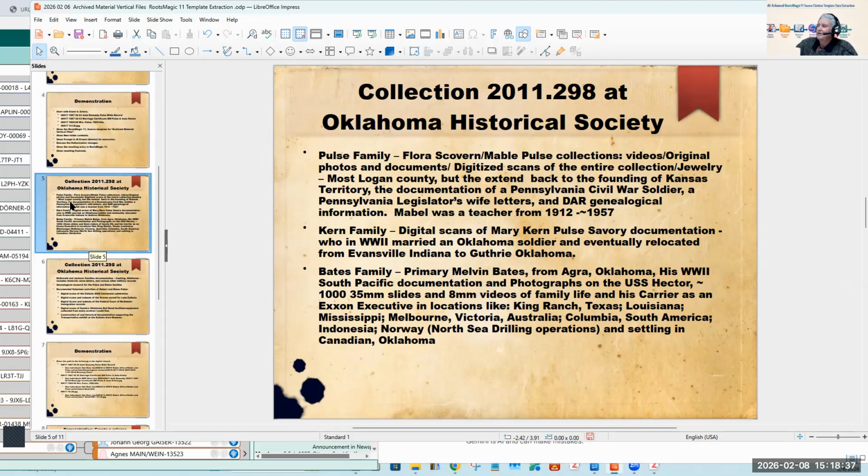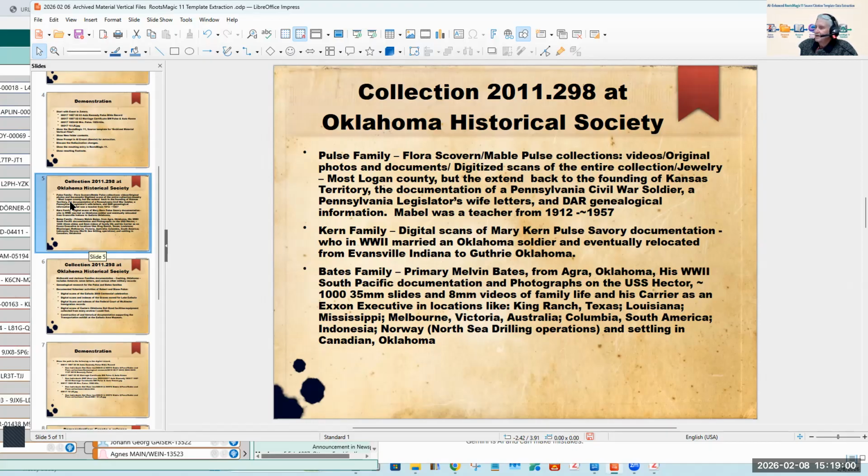I made like 7 trips down there when we lived in Oklahoma, and now we're in North Carolina, and I've got a package ready to mail to them again. So I thought I would describe the collection as I recall that I gave them. Well, it's pretty easy because I can go through the digital scans of what I gave them. And they also have a copy of the digital scans, by the way.